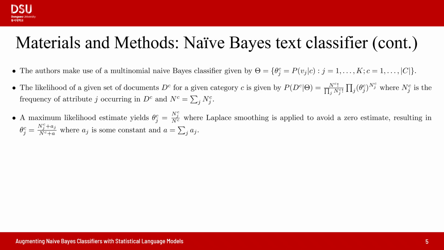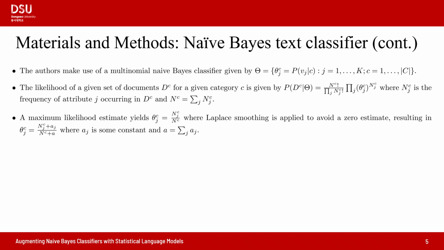Next, continuing on the naive Bayes text classifier, the authors make use of a multinomial naive Bayes classifier given by capital theta equal to theta jc, which is probability of Vj given C, where j ranges from 1 to k and c ranges from 1 to capital C, the categories, I'm sorry. The likelihood of a given set of documents d power c for a category C is given by probability of d power c given capital theta equal to n power c factorial divided by the